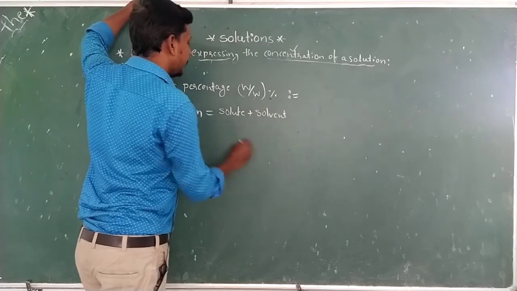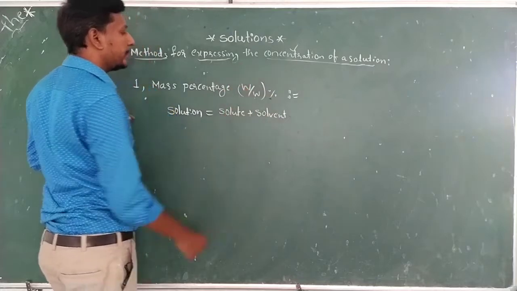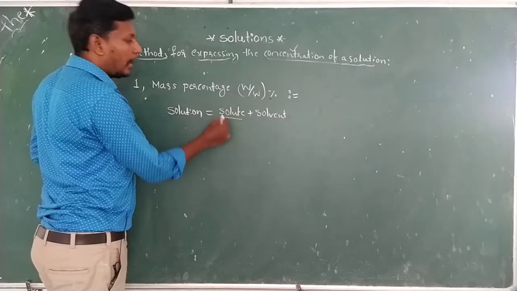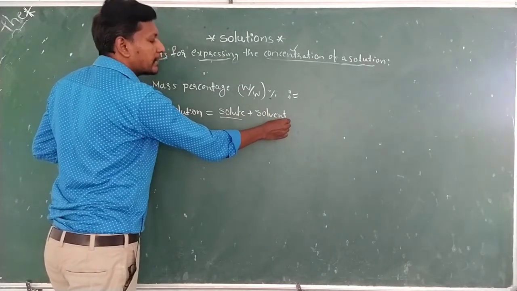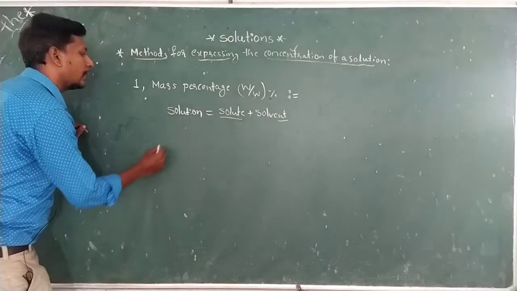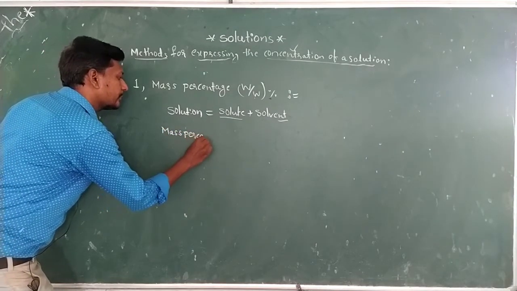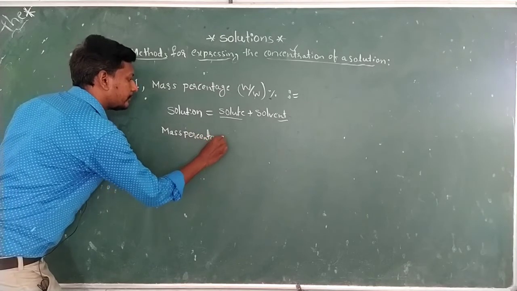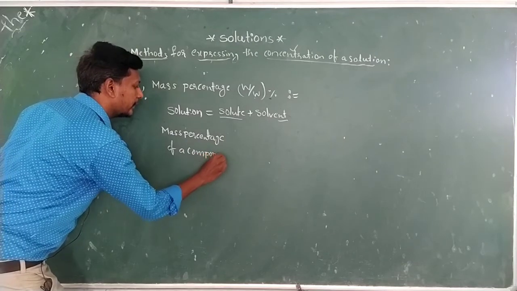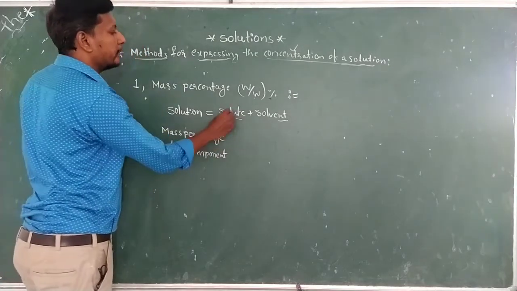Now here, these two components: for example, the solution contains the solute plus solvent. Here I can find the mass percentage of the solute or calculate the mass percentage of the solvent also. Okay? Here one formula is there, I am writing the formula. Mass percentage of a component. Okay? Mass percentage of a component, it may be solute, it may be solvent,